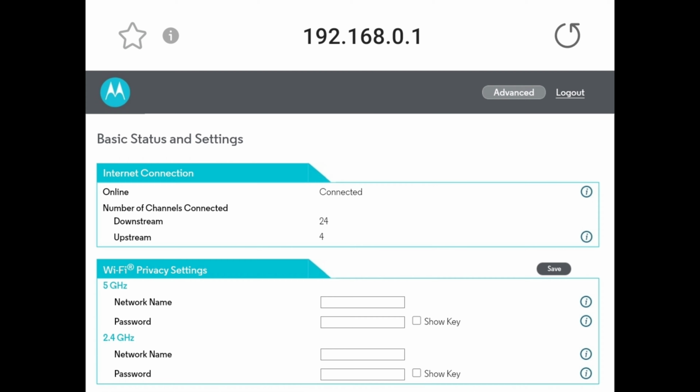And after you've logged in, this should be the next screen that you see here, and this is where you can enter your network name and password information for the 2.4 gigahertz band and for the 5 gigahertz band. And once you've entered your network name and password for the 2.4 gigahertz band and your network name and password for the 5 gigahertz band, you can select the save button, and then once everything's saved, then you can select